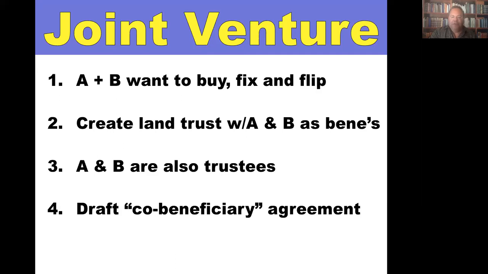Jerry asks, why is a land trust agreement better than an LLC operating agreement? That's a great question, Jerry. I said this is a joint venture. So the joint venture between A and B doesn't require an LLC because it's a one-shot deal. Now, if A and B were doing deals regularly, I say form an LLC to be beneficiary of the land trust for each property, same LLC, different land trusts. And then the operating agreement would discuss their roles and relationship. But for a one-off deal, Jerry, A and B just want to keep it simple. The joint venture between A and B and the beneficiary agreement would discuss how they split the profits and who's supposed to do what. Good question. Actually, really all good questions.